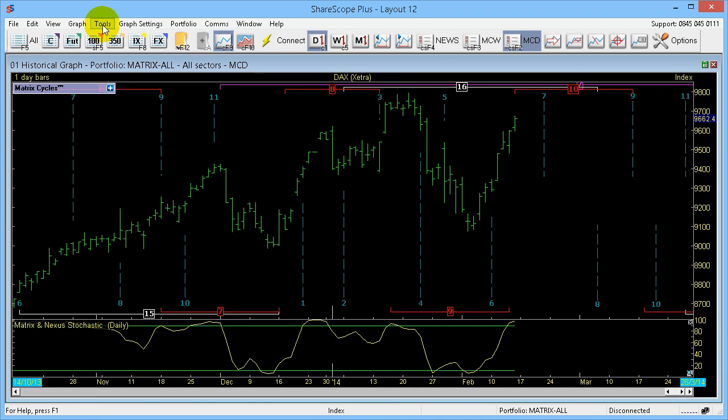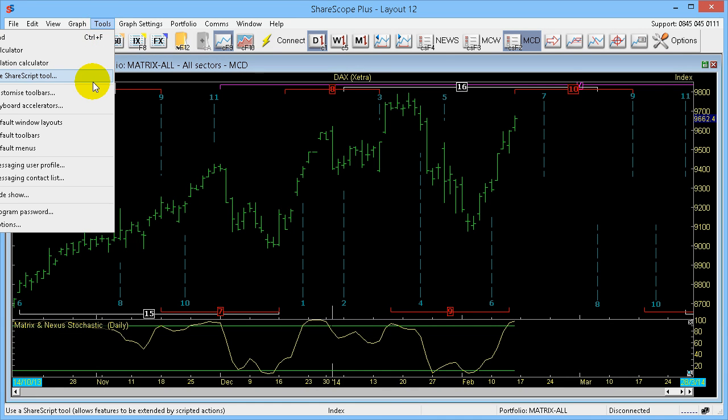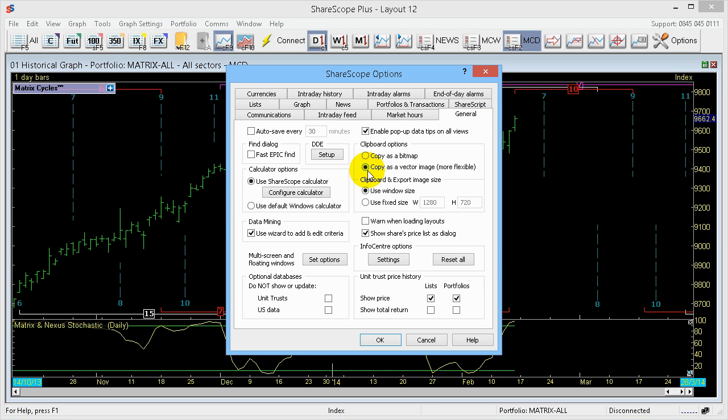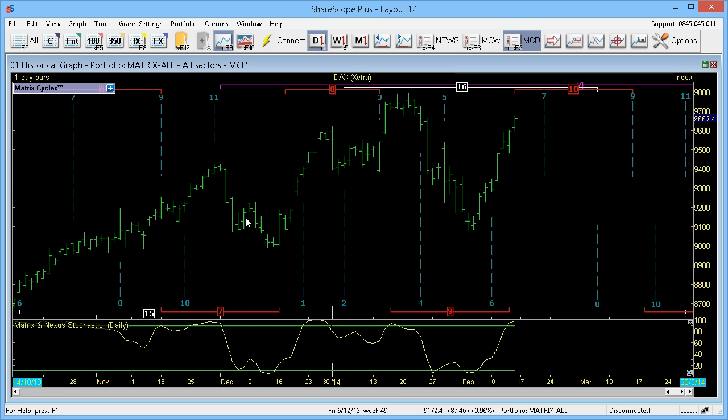I can either go up to Tools, select Options, and then click on General. And I can either copy it as a vector image or as a bitmap, and I'm selecting bitmap. Now you can capture the screen as it is, and if you go on to say OK now, I can then press and hold the Control key on your keyboard down, and while holding it down press the letter C,